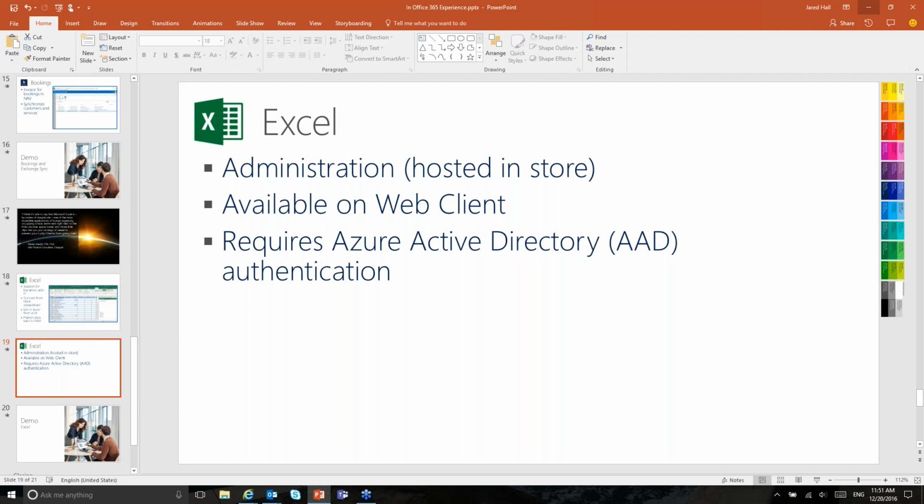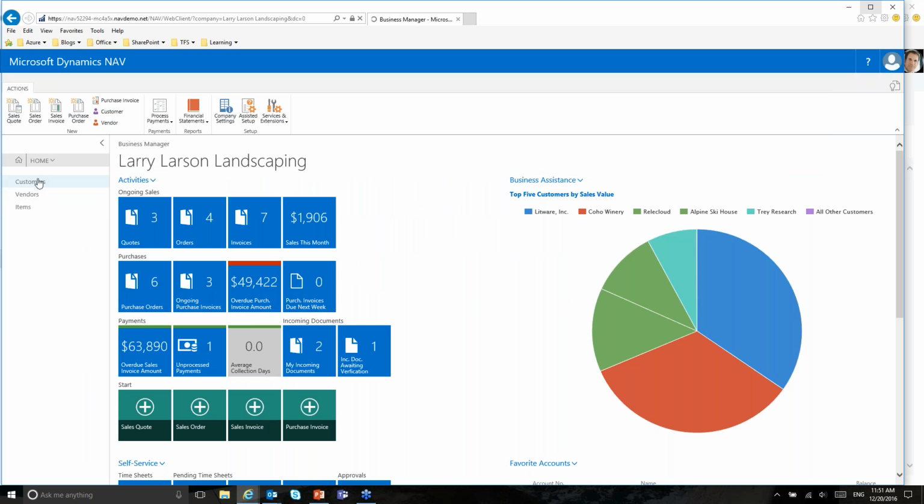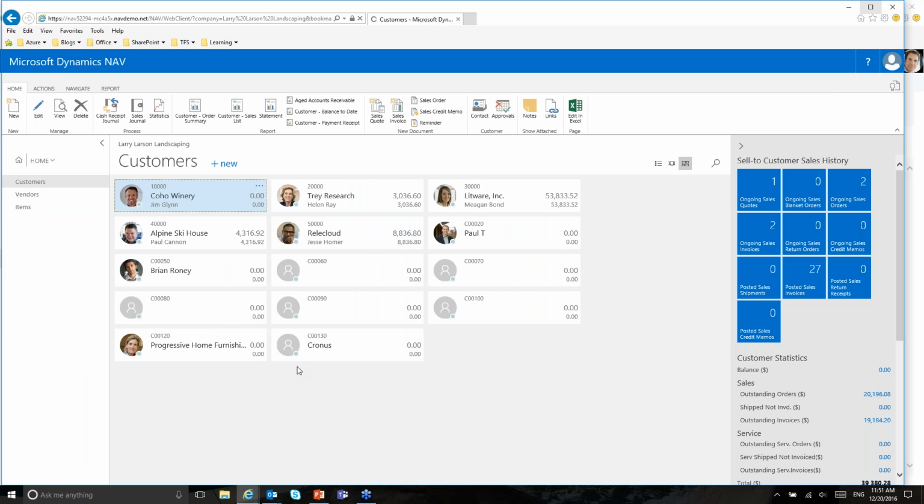Let's go look at a few ways in which that can be used. First one I want to look at is sending data from a list out to Excel. If you have this functionality set up so that you have your authentication methods set up and you have the administration that we'll talk about in just a minute set up correctly, then rather than send to Excel or open in Excel, which would have been your other options in prior versions, we have edit in Excel as the option